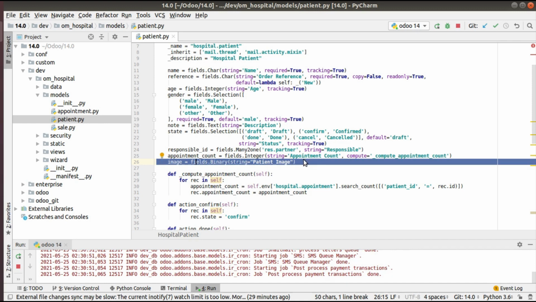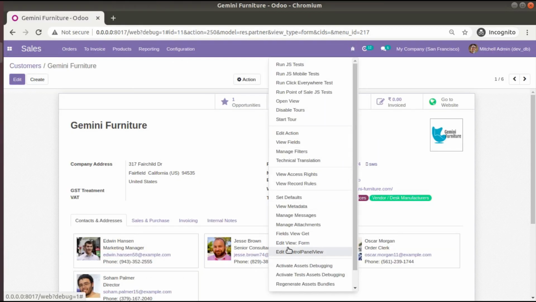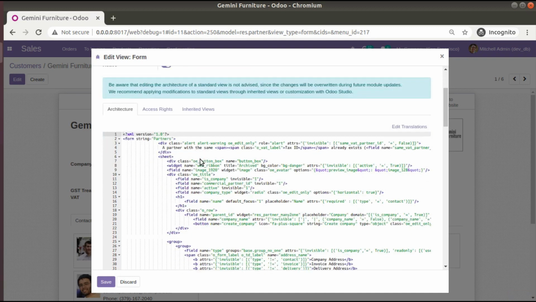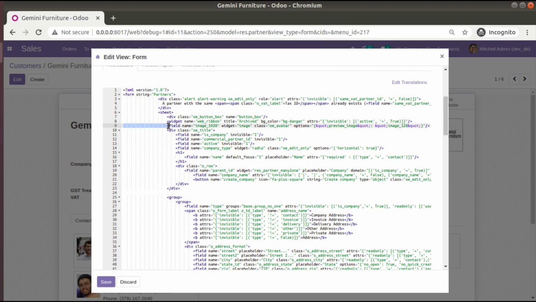Now I have to add this field inside the corresponding view, then only we can see it in the UI. Let me go to the browser and click on edit form view to see how it has been added inside the partner form view. If I scroll down, you can see this is the field definition: image_1920, widget image.